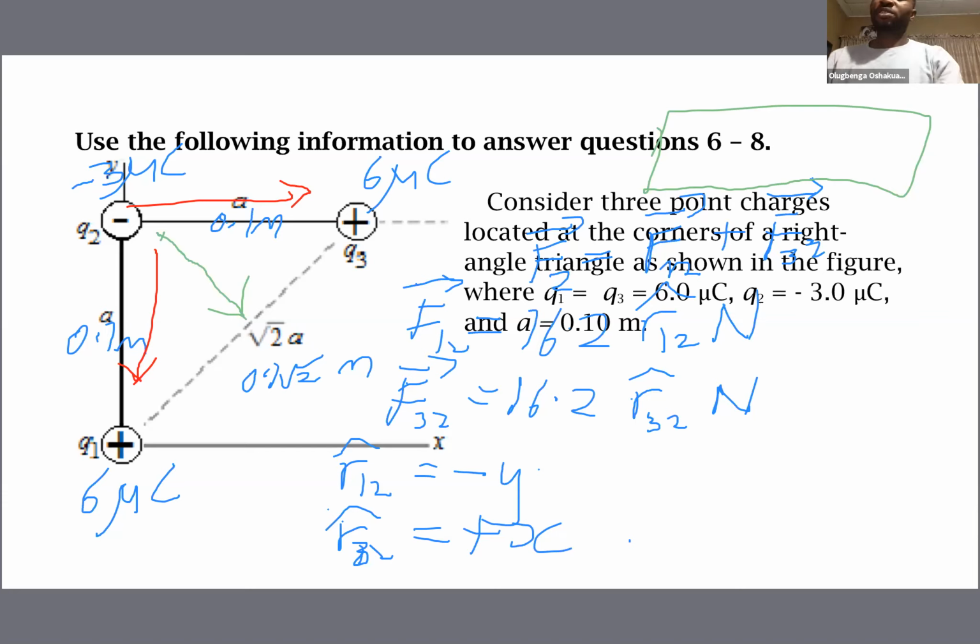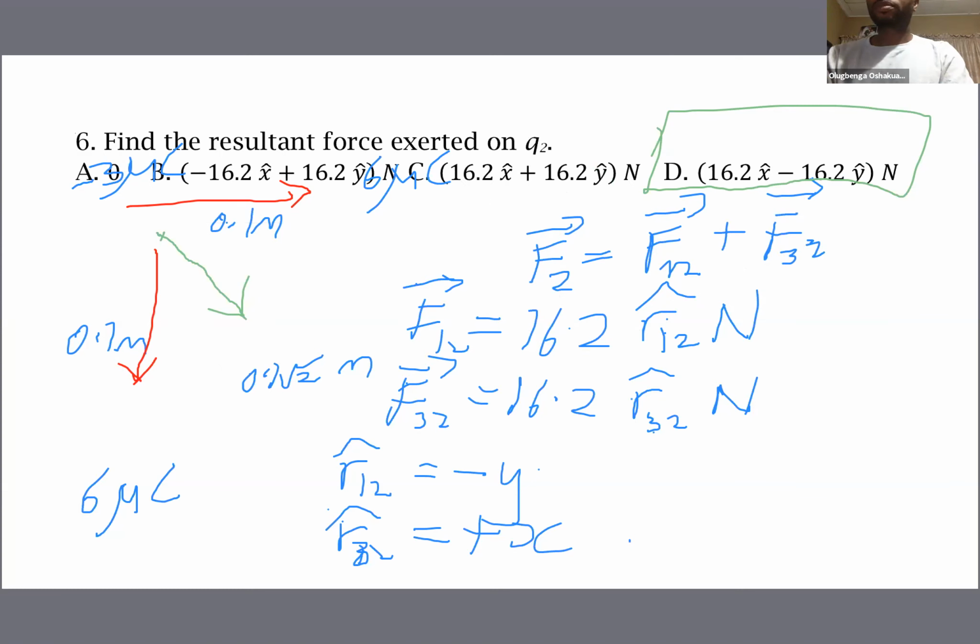And when we replace the R12 here with minus y and the R32 here with plus x, then we should have our